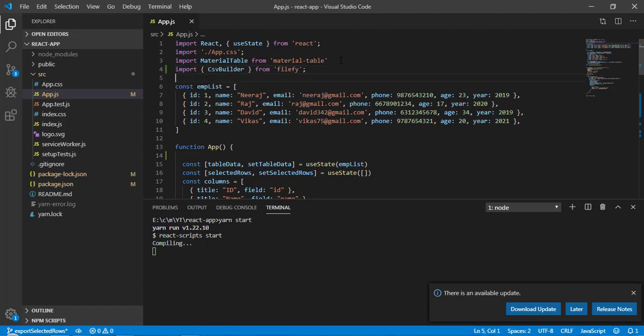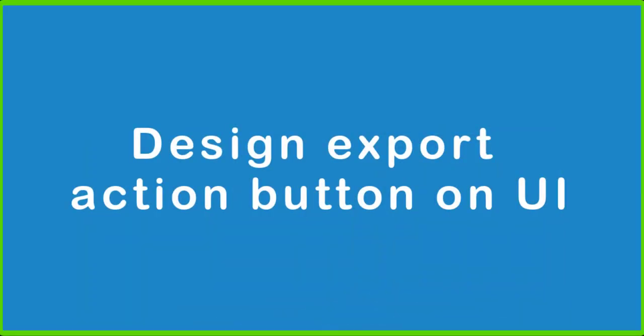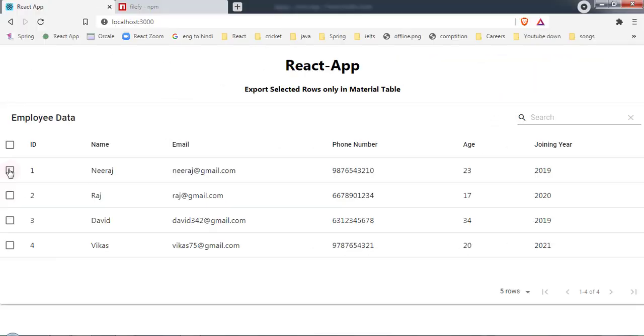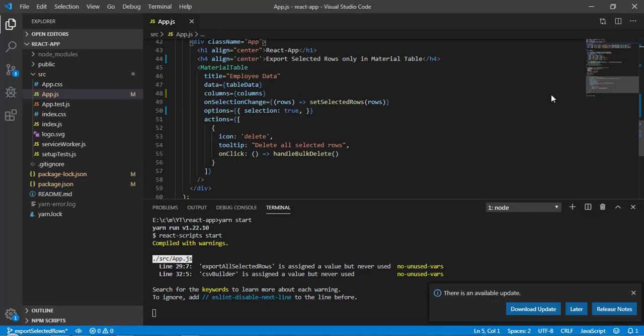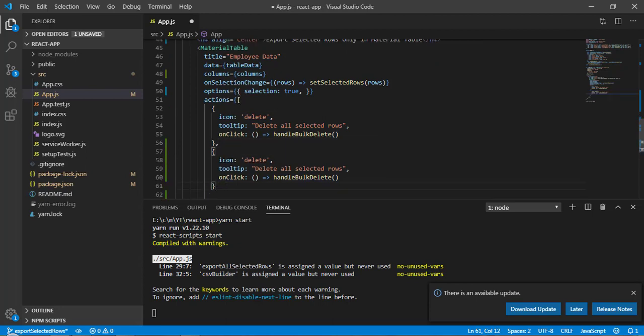Okay, so now save it. Here, on selection of this we need an icon, and from there we can download that. We have to add an action button. So for that, let's come to the action, and as you can see, this is how we can do that. So now let's copy this and here comma, and let's paste this one.